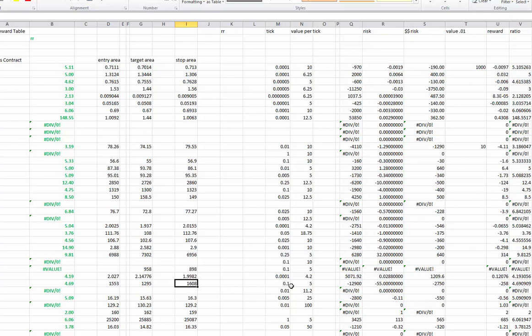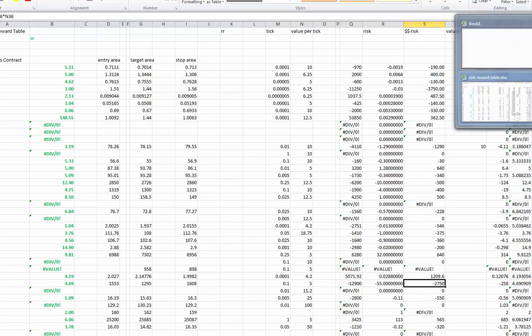take a look, we see we have some much bigger numbers here. We have 2750 as our risk and 12,900 as our potential reward. Now, in a trade like this, you're only going to do these kind of trades if your account is big enough to handle it, right? Because we're risking a lot more money than the $400 or $500 that we do on the shorter term trades. Now we're going to take a look at what the